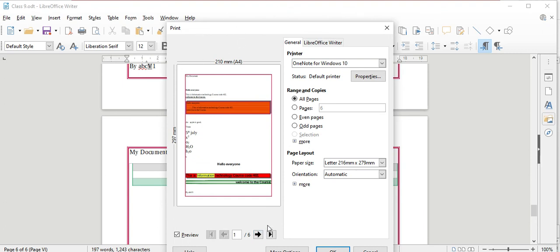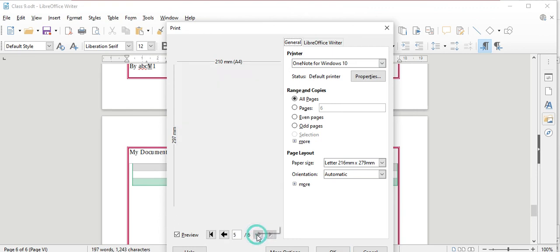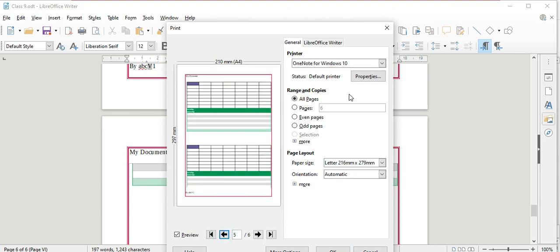Here you will see how many total pages there are, and what is appearing on each page. And here you can change the paper size. If you want, you can select Letter or A4 sheet. The orientation for your print can be landscape or portrait.